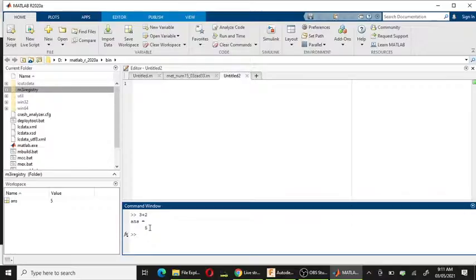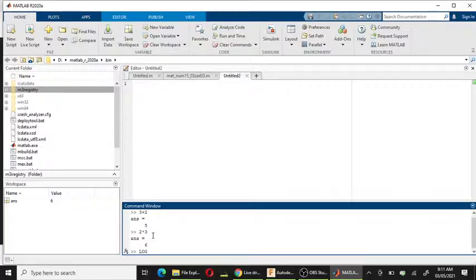Let's start. First of all, I want to do some calculations, because an image is like a matrix, so we will understand some basics before. The command window is used to calculate things rapidly, like we did 3 plus 2 which gives us 5. Now I give 2 times 3 which gives us the answer 6.